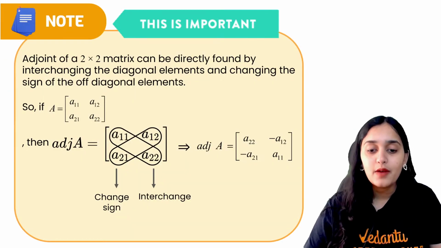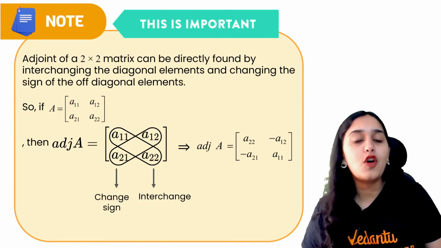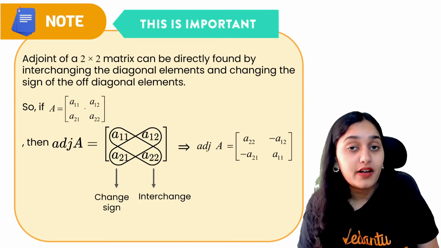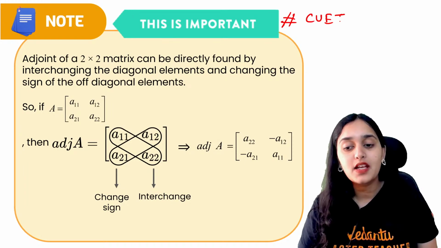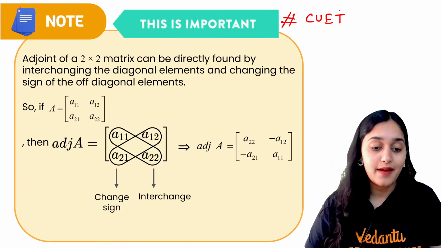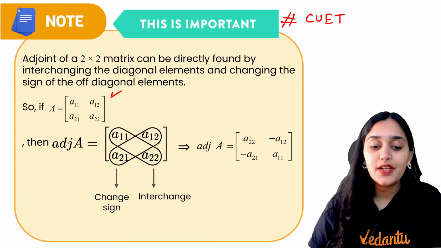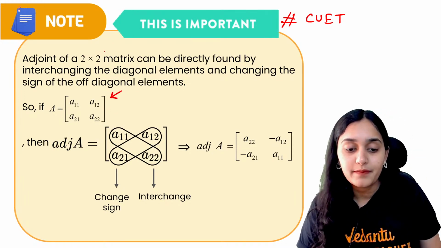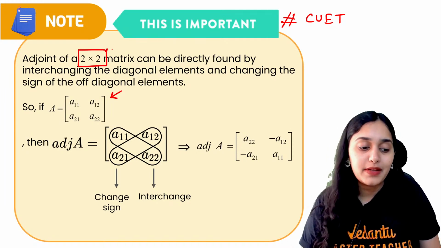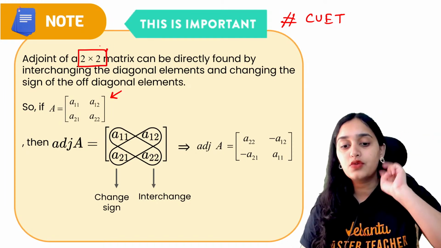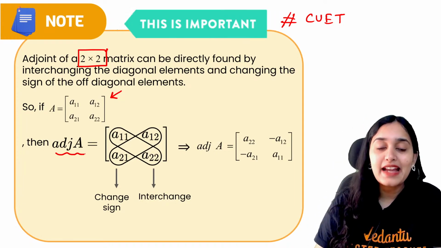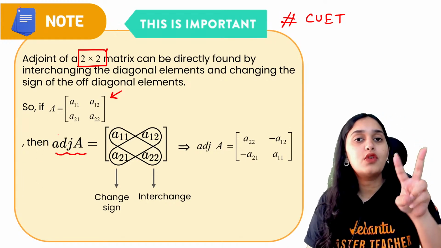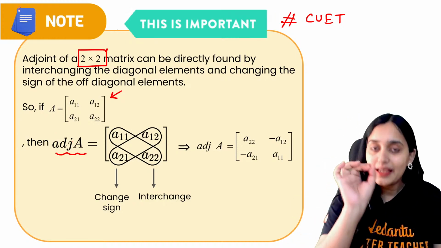Alright. Now, I have a shortcut for all of you. Very important shortcut which is highly used in your CUET exams or any other competitive exams. Generally, they will give you a 2 cross 2 matrix. This shortcut trick is applicable only to a 2 cross 2 matrix. What is the shortcut? If you want to find adjoint of a 2 cross 2 matrix, simply